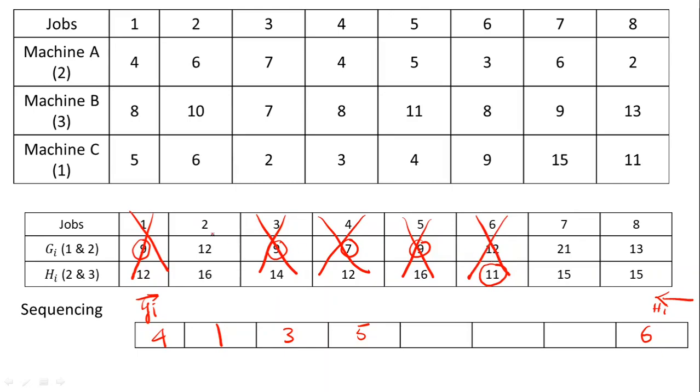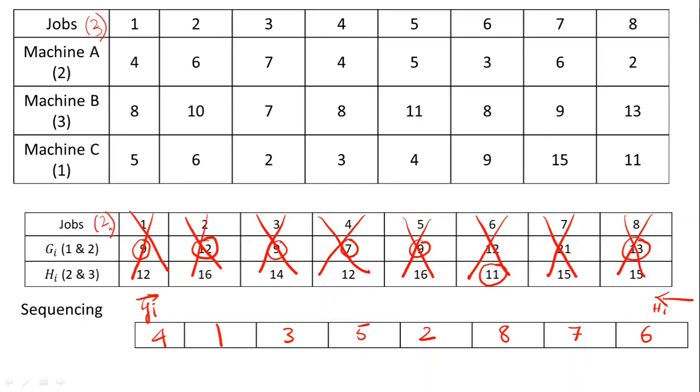Next, look into the values. Here you can find 12. So 12 is job number 2 and it is for GI. So here we are going to put it as 2, remove this particular column. Then again we are going to look to the least value. It is 13, job is 8, mission is GI. So job number 8, this will be removed, and finally this is the only remaining column that is present. So job number 7 occupies this particular position. So now from a 3 mission problem, we have converted into a 2 mission problem.